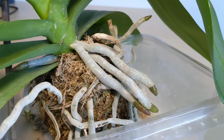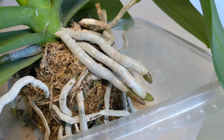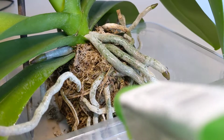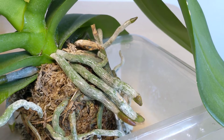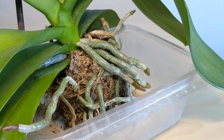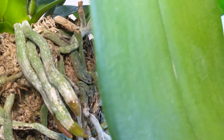Now with this spray, it really helps. Before I was using some really lazy way of doing it, but with the spray, if you notice, the root right now is actually a grayish color, but you don't want to go crazy at first. Just give it a few sprays, give it some time to absorb. And if you notice, it started to change color. So what I would do is spray a little bit on every root I can, and then I would just rotate a little bit. Let me let you have a look here. So you go underneath the leaves,